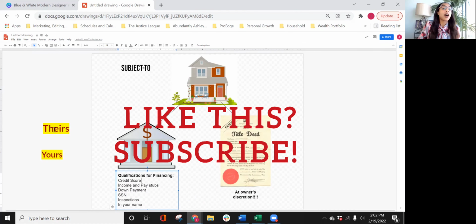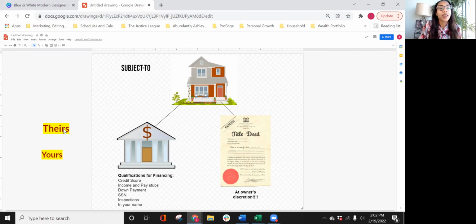I feel like I did though. All right, so let's take a look here just to review. The loan is theirs, right? That loan does not go to you. The loan is going to remain in their name. You're going to take over the moral responsibility to pay that back, though, subject to the terms that have already been established based on the person who used this information to qualify for the loan. That person will not be you qualifying for the loan.